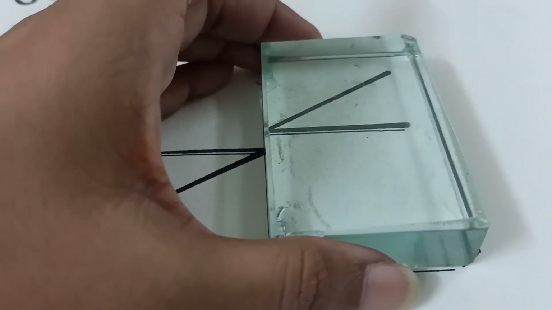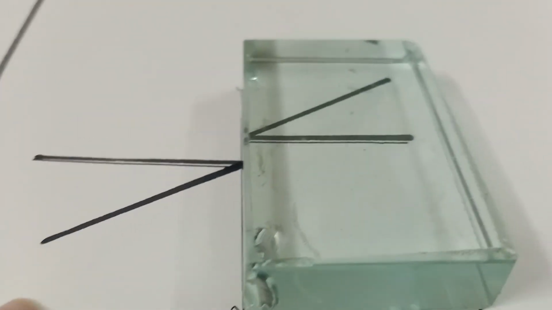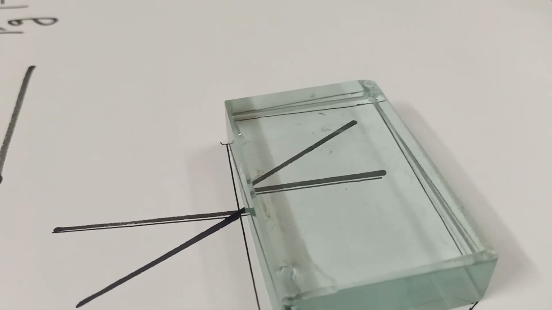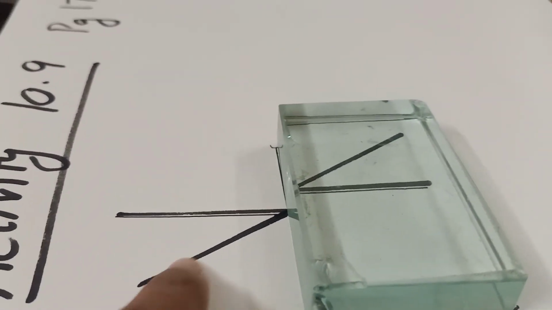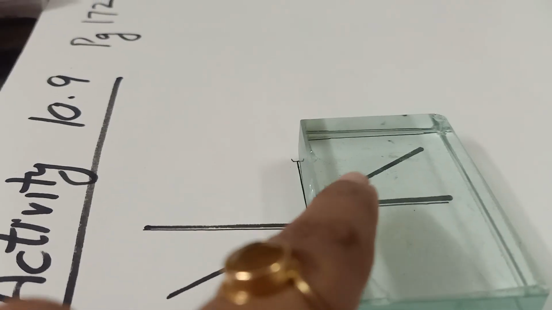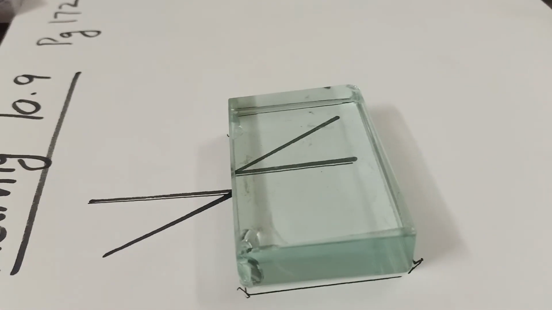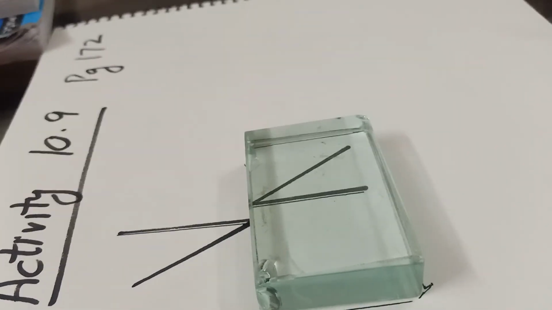Okay, from this side also you can see it is above the glass slab. See, at this edge easily you can see the difference. Okay, see this one, this is the line, this is the line, and this is why the image appears to be raised. The phenomenon behind this is the vertical shift.